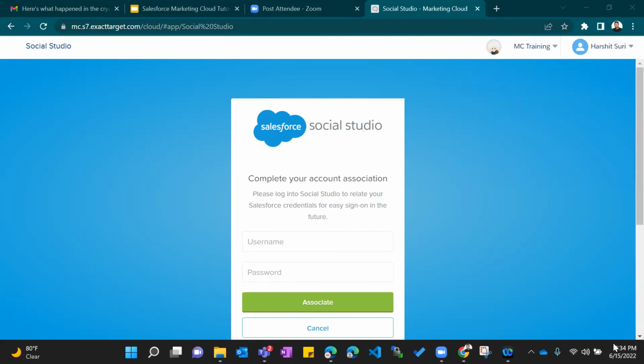One more question. Recently, Salesforce acquired Datorama and Interaction Studio also. Those are new concepts. Is there any idea about those? Datorama is a reporting platform, guys. I can show you what we can do on Datorama. There is no hard and fast tutorial for Datorama. If you want, I can show you how it works. Interaction Studio is a different platform, though it gets integrated with Marketing Cloud. It's an entirely different platform, so that will not be covered in this training.